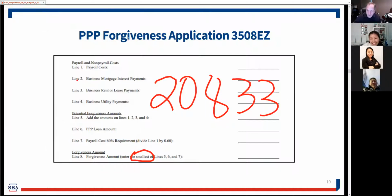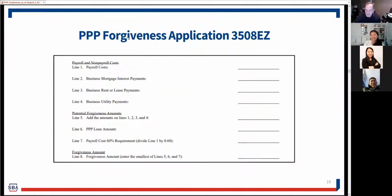So under this scenario, basically, like what Champagne just said, your line 7 will be 34,320. Your line 5 will be 20,832. Your line 6 will be 20,832. You're going to take the smallest of the three and get 100% forgiven. Okay? So that's how you use